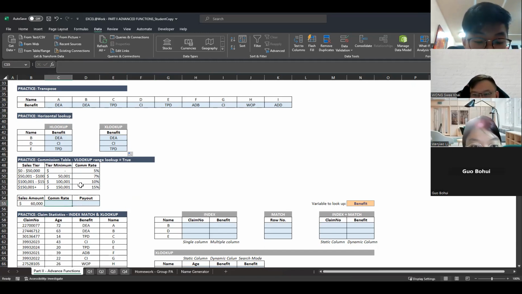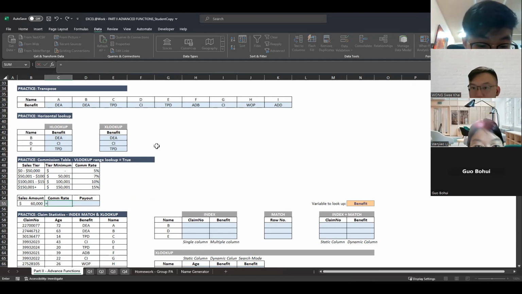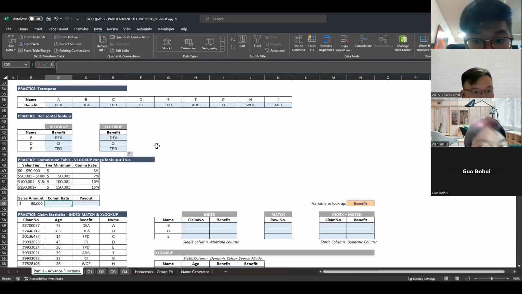All right, so the commission rate here is 7%, right? But how do I get 7% using some sort of formula? And that will be VLOOKUP. So first of all, given this sales tier, I want to create some sort of working columns.